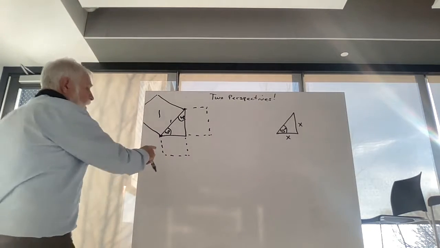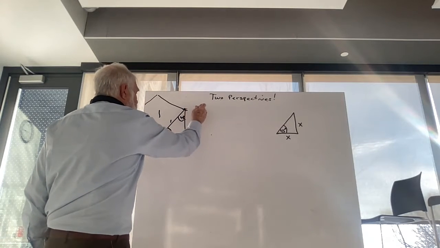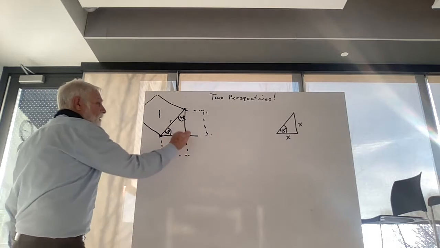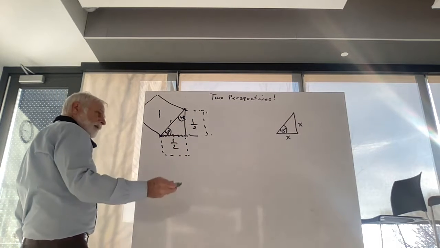Well, if they're the same, they don't look the same. Come on, let's do a little better job here. That looks better. Then each of these has to be a half, which means that the length, by definition, is